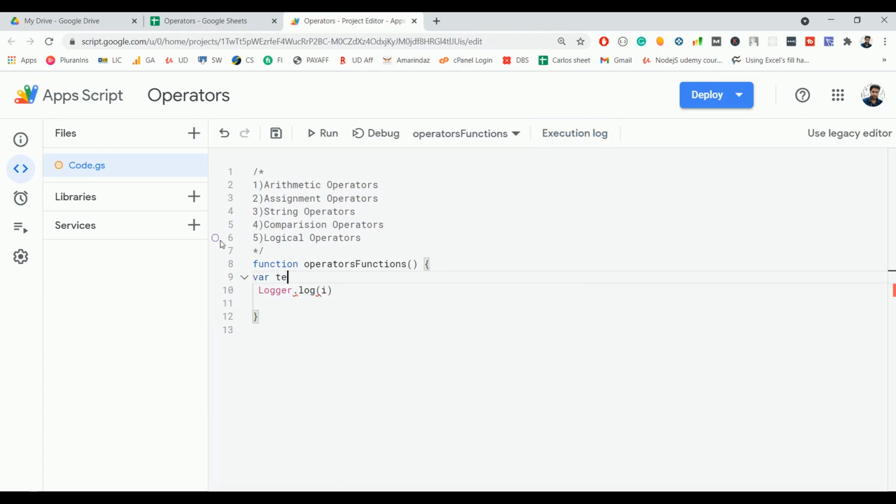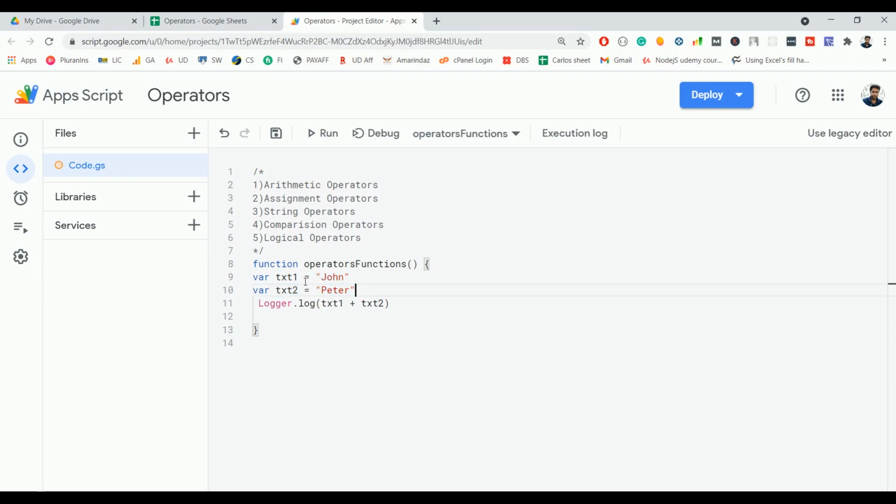Let me create a variable called text equal to John, and here in a string the operator plus is going to behave in a different way. Let's see that shortly. Let me create 2 variables. One is text1 and another one is text2, and in text2 I'm going to assign the name Peter to it. If I'm going to use a plus operator for text1 and text2, it's not going to give the sum of John and Peter because it doesn't make any sense to add these two names.